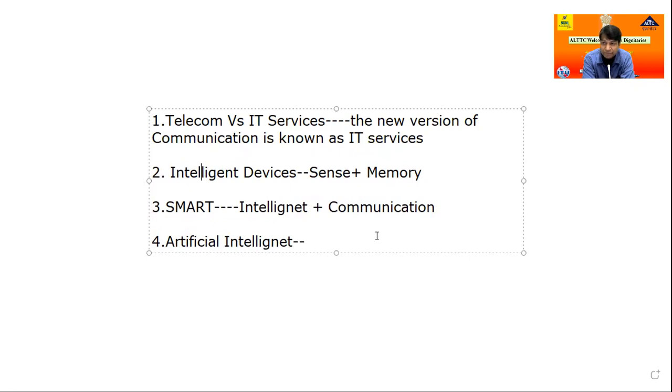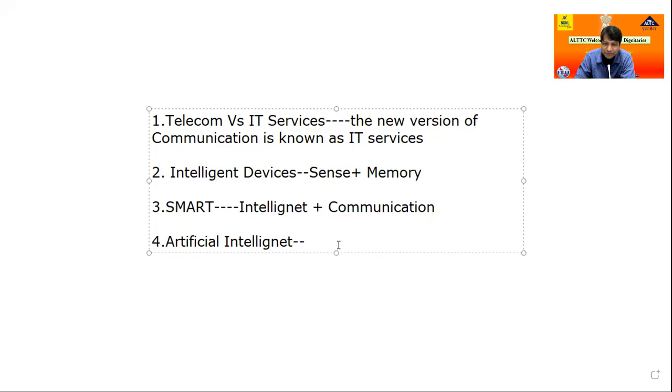Can anyone explain in a simple manner? All are intelligent, no doubt. All are requested to become smart. We also put in the communication. Now all are artificial intelligent. What is the meaning of artificial intelligence in today's scenario? Anyone? Helika, can you explain about this? Do you know about artificial intelligence? What actually happens in artificial intelligence? Any idea?